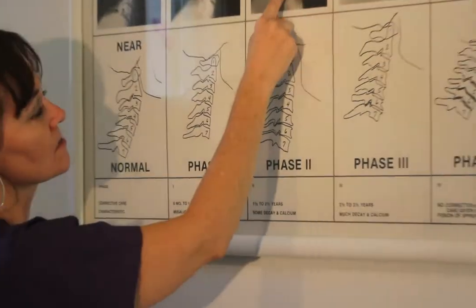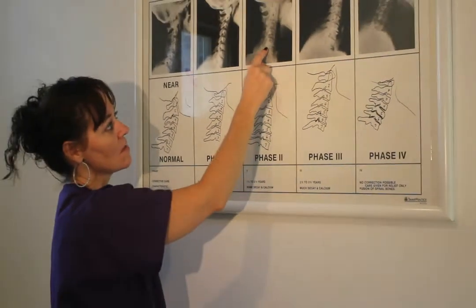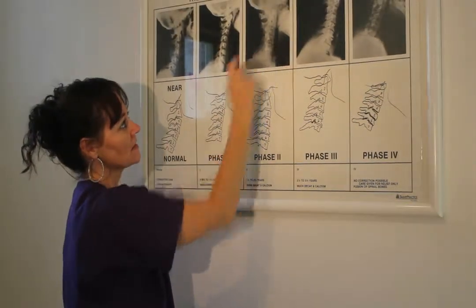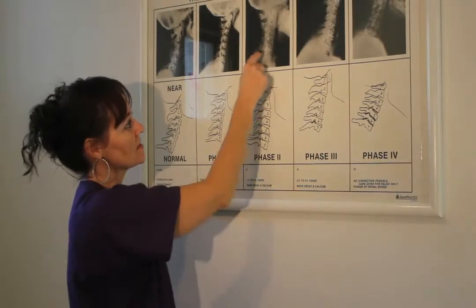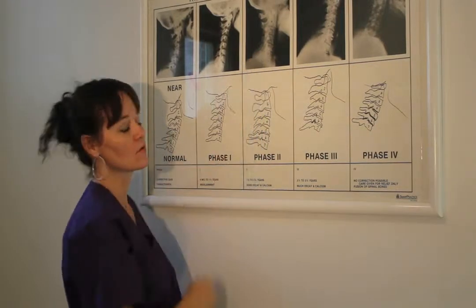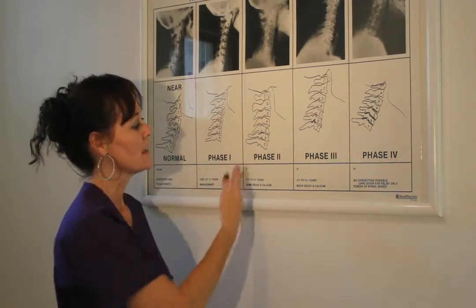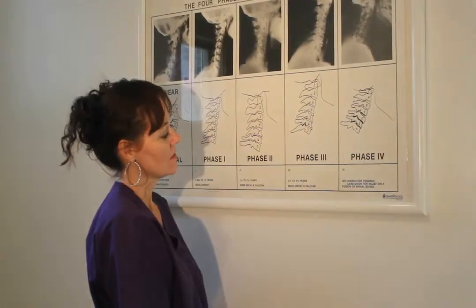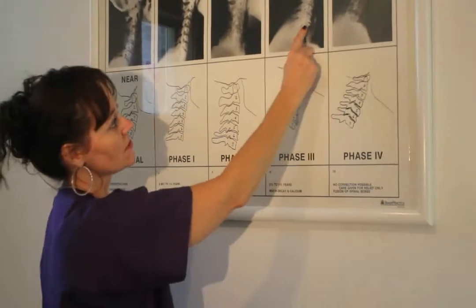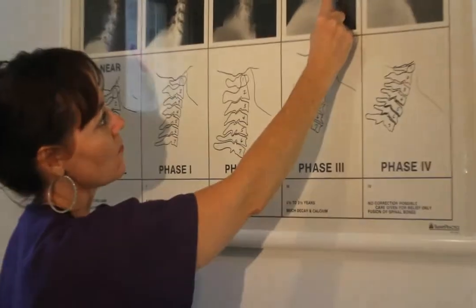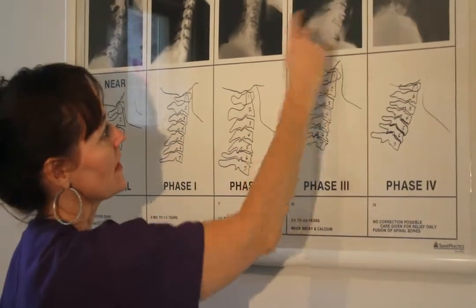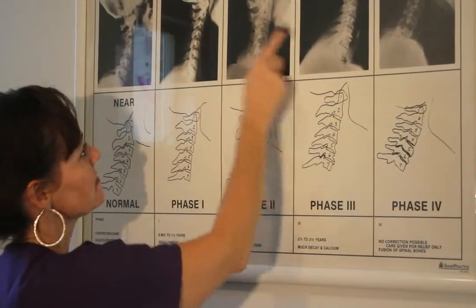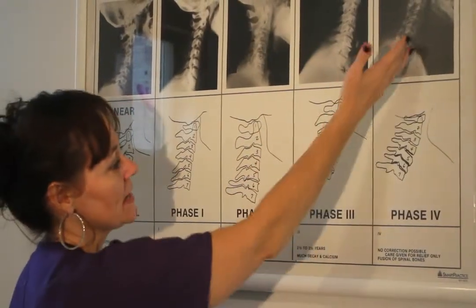So in this case, it's more bone against bone, more hazy, not defined like the ones above, and this is lipping and spurring that occurs in arthritic changes. In phase 3, we have multiple levels of degenerative changes. Again, you can see lipping and spurring, more bone against bone. We don't have the nice defined disc spaces that we had before. And in this case,